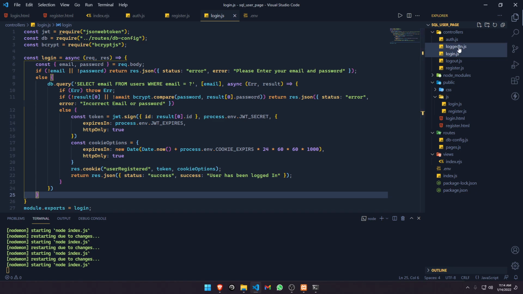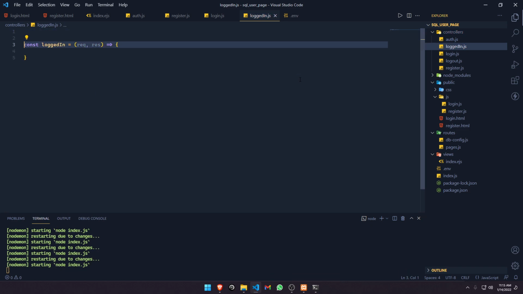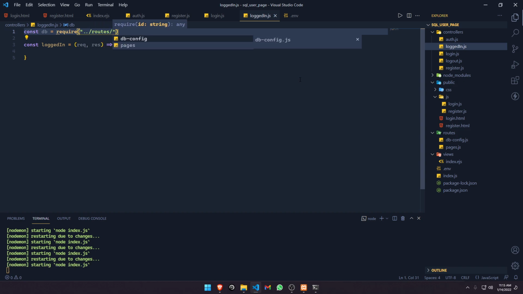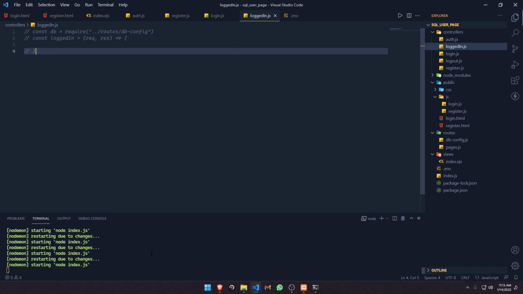Now we're gonna set up our login page to check if the user is logged in or not. Here, first of all, what we need to check the login. Let me first of all make the login equal to a normal request and response. Okay, we need the database. I'm going to explain it. The database is equal to require /root/dbconfig. So actually, I think I might need to just test it out before I'm doing all of the stuff